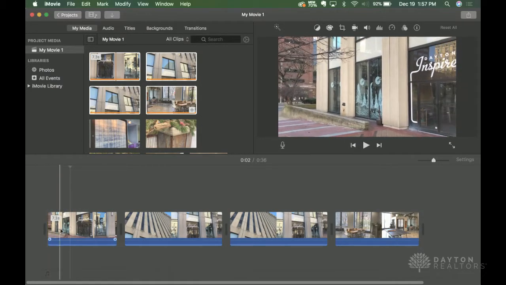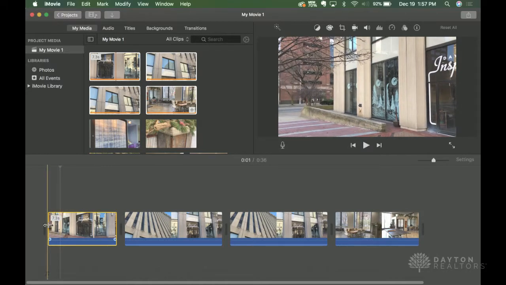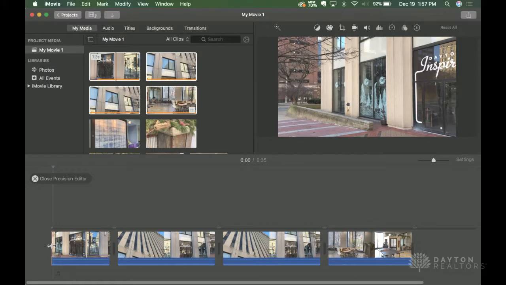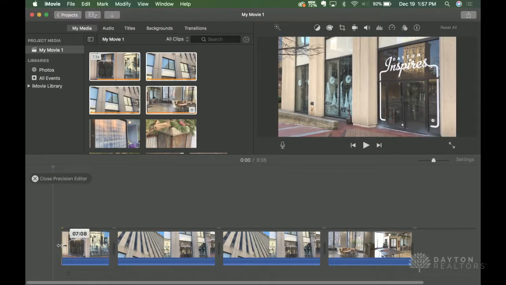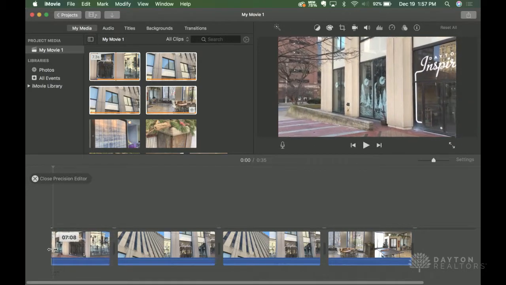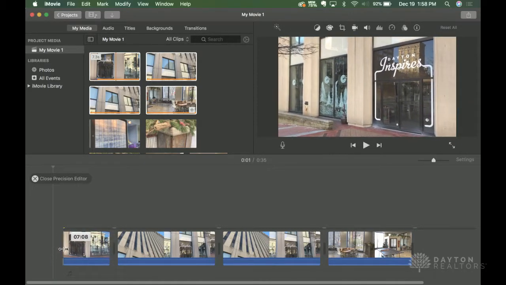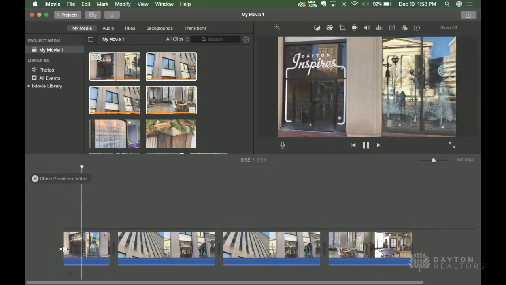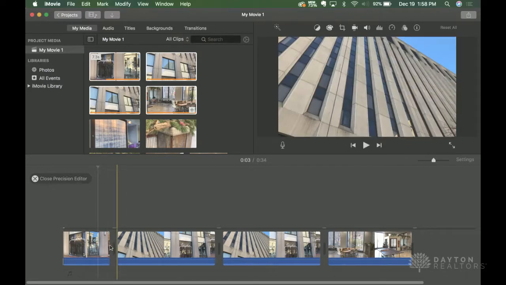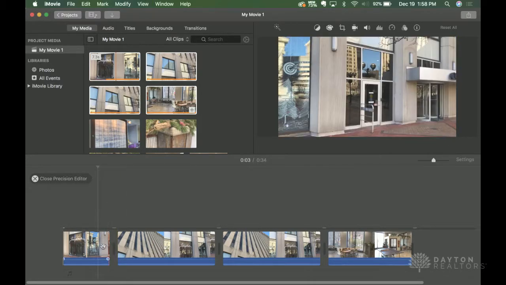And then you click this clip, and then you double click it and you can, oops, sorry, I usually use a mouse. And then you can drag it to where you want it to go. So you can go all the way over here, wherever you want to start it. I'm going to clip it until it just starts right here at the building. So when you play it, it'll go through here. And then when I get to the place where I want it, I just stop the video and then I can drag it back to where